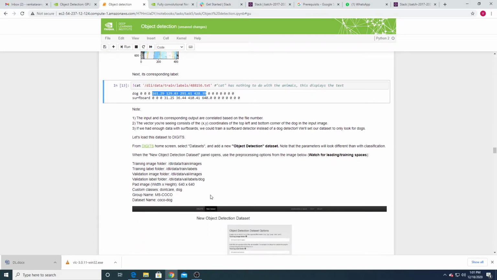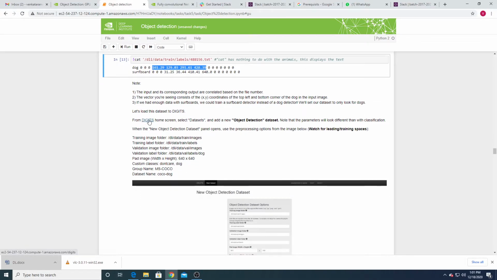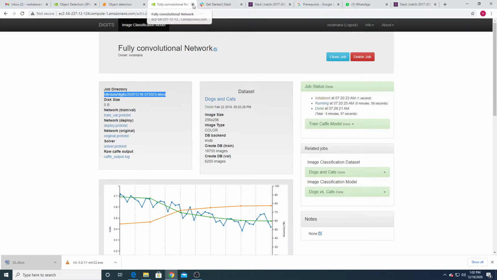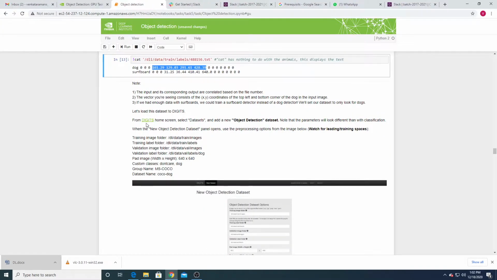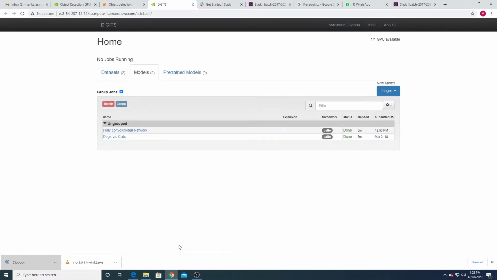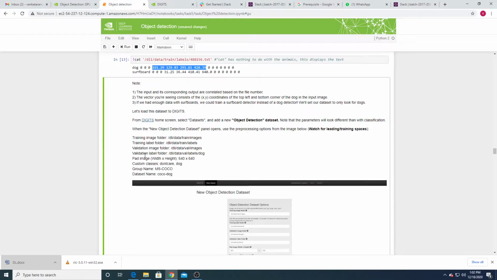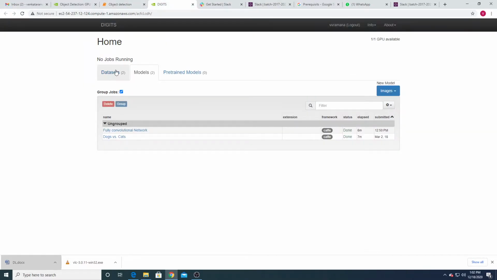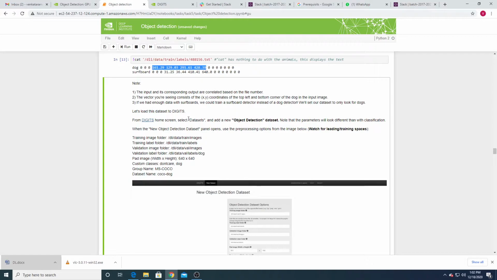Okay, so what next do we have to do for this object detection data set? From the clicks, click on the DIGITS home screen. So I will close this one. This is completed. Now from the DIGITS home screen, select Datasets.